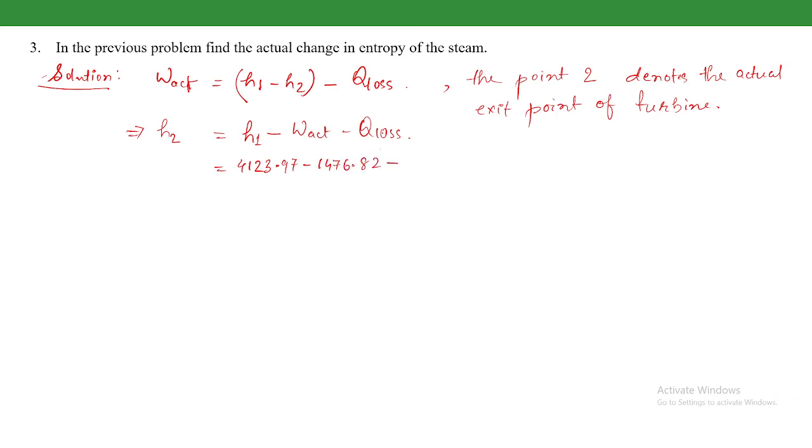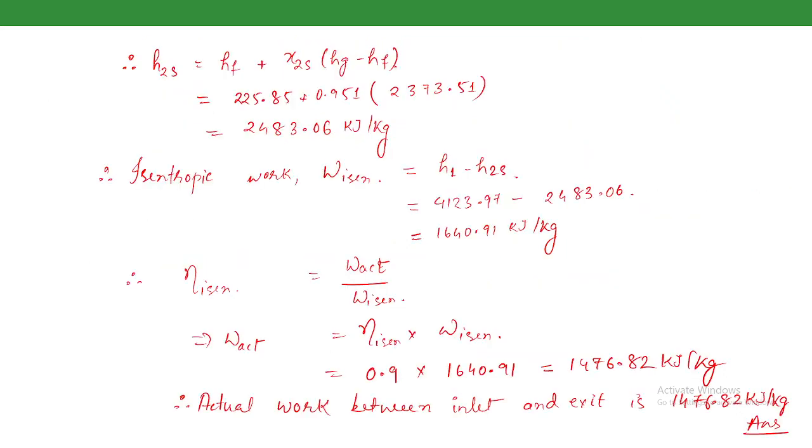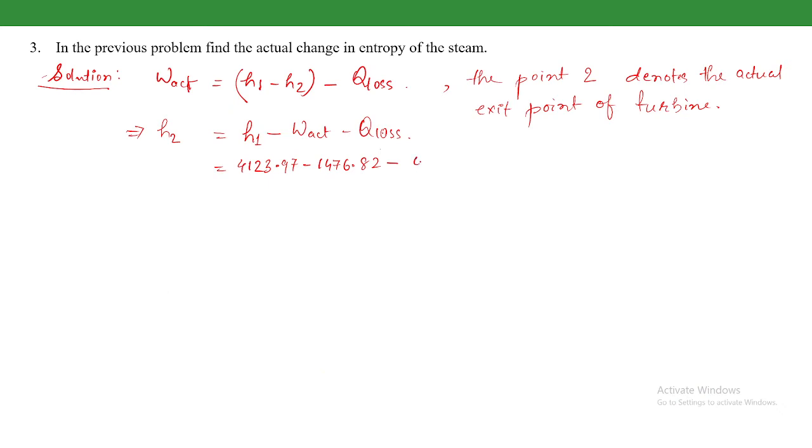And what is the heat loss here? In the previous part we did not consider heat loss, because isentropic means a reversible and adiabatic process, so there is no heat loss. But in the actual process there will be heat loss, and that is given as 49.7 kilojoule per kg. So this value comes out to be 2597.45